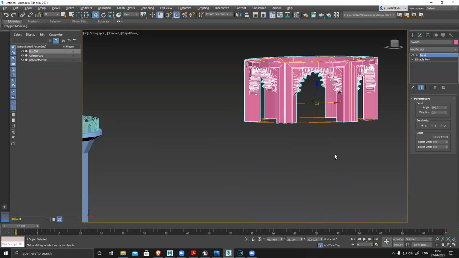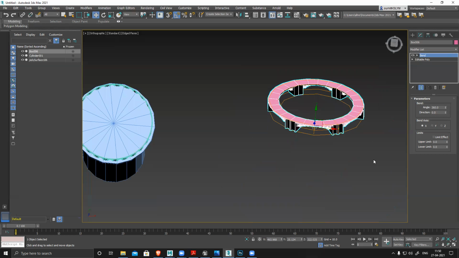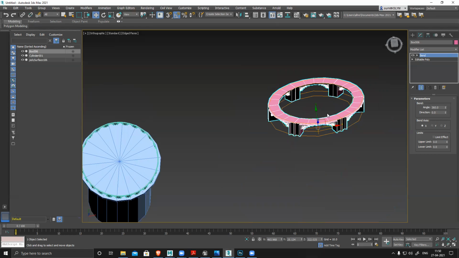Oh, zero only, fine. Oh, what am I doing? Okay, but you can see it's creating this kind of distortion.